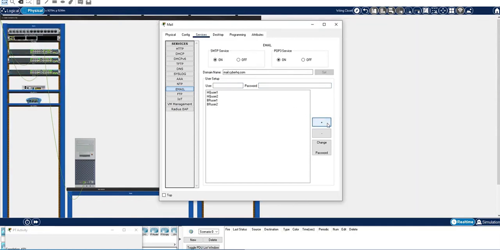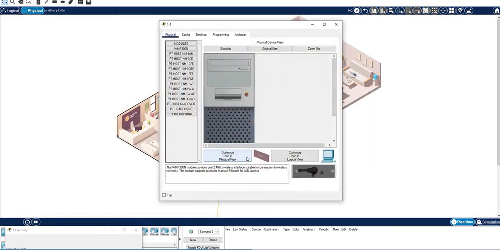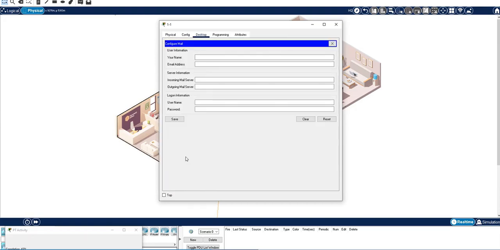Step 2 is Configure Email Clients. Navigate back to HQ and click PC 1-1, which is in the bottom corner. Click Desktop tab, Email. The Configure Mail settings should open. Enter your name as Suki. Email address is